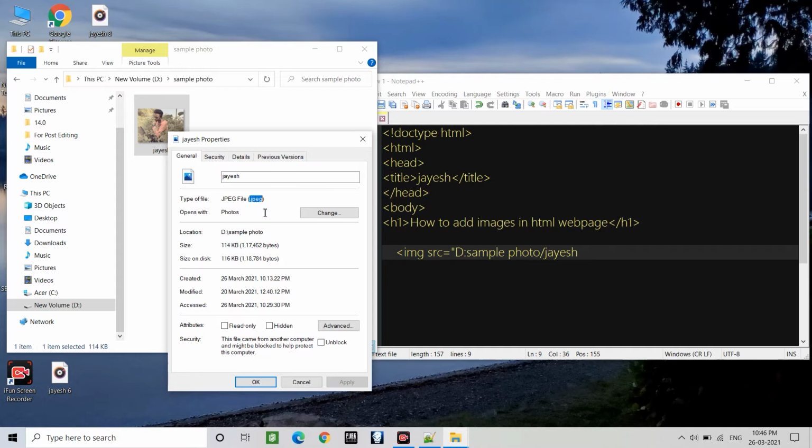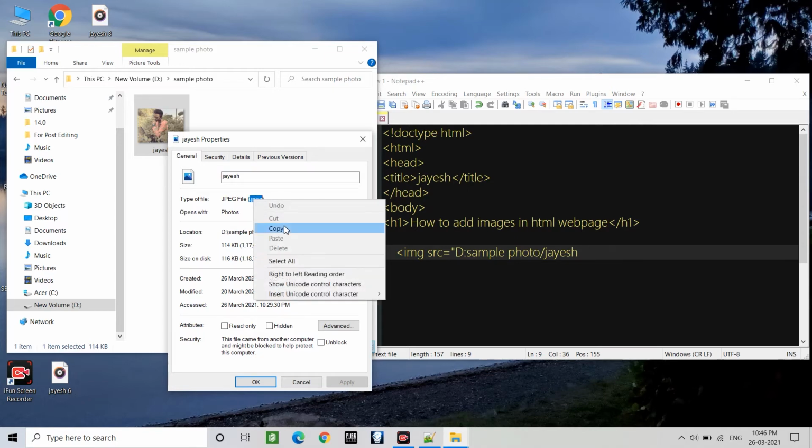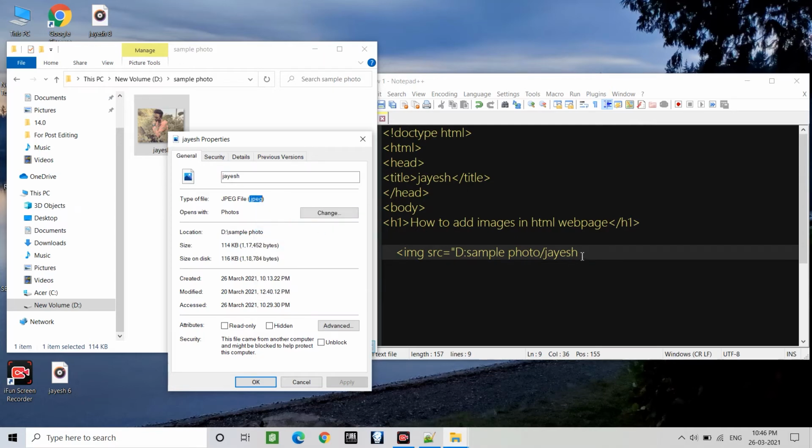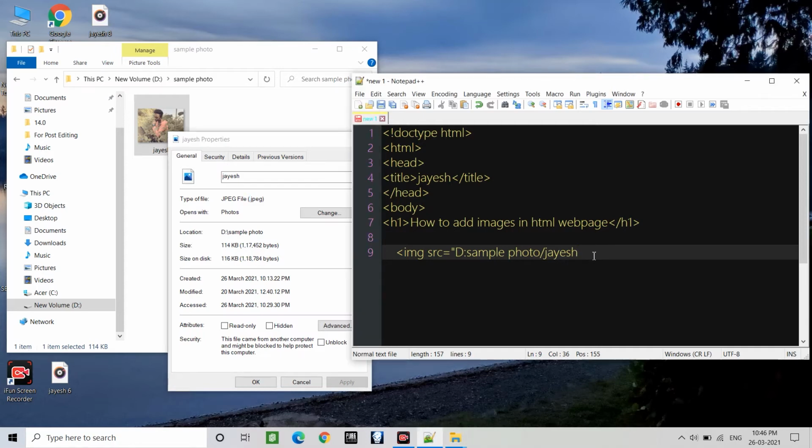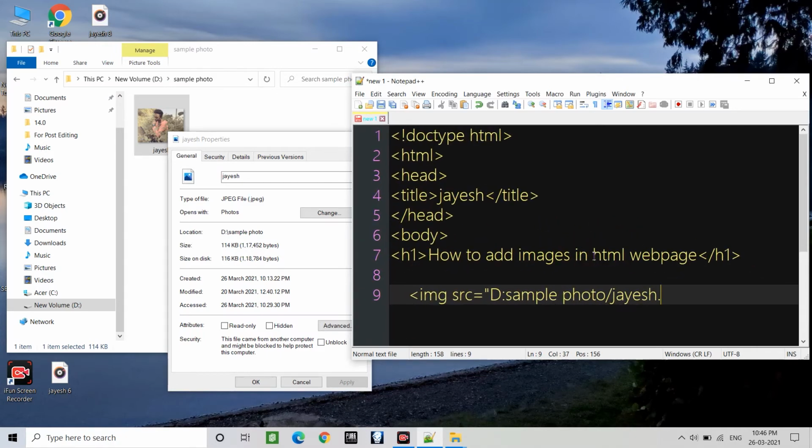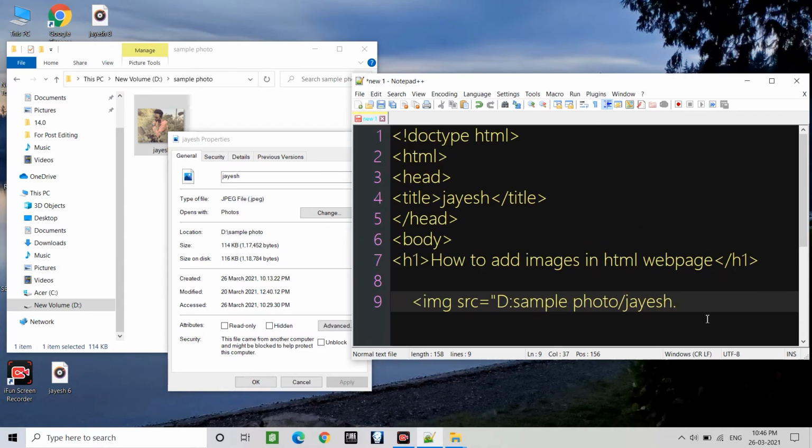So I'm going to copy this and paste it below in our web page content. For that I am using a dot here. So dot here, and after the dot I am going to paste it here.